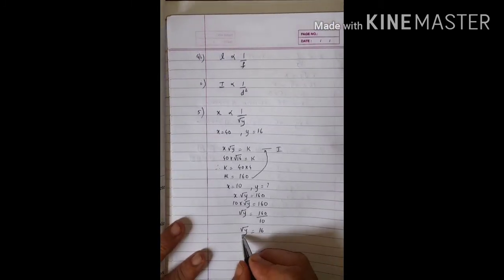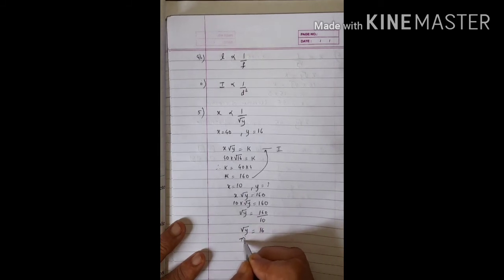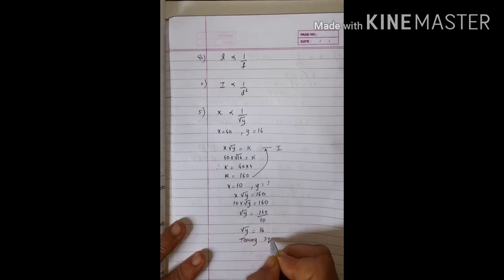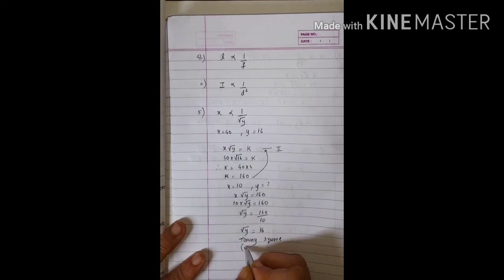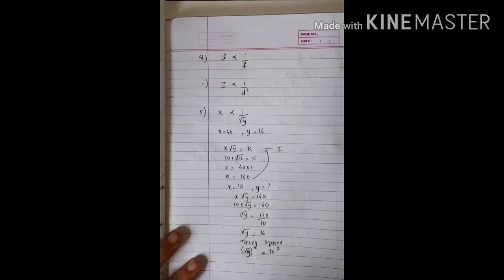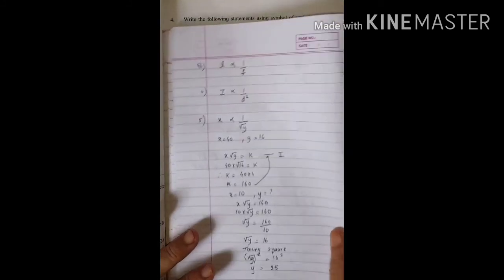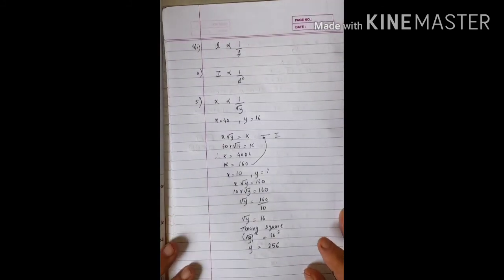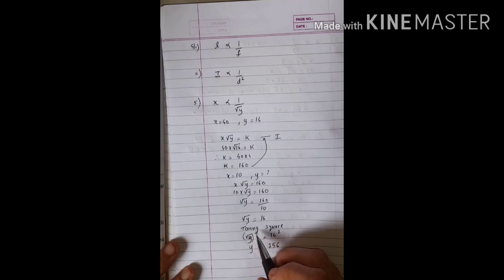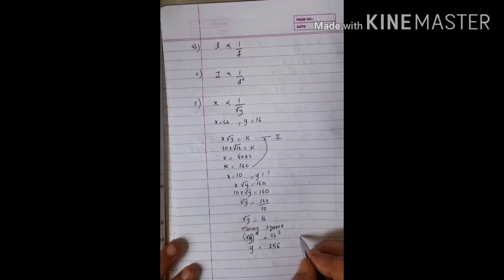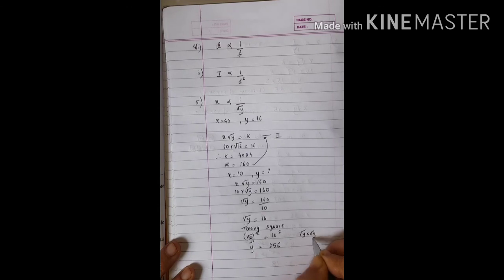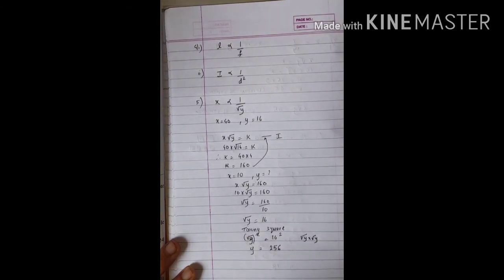So I want to remove this root y sign from here. What will I do? I will take the square of this. Taking square, you know very well, the square of the square root of y will become y. So I will get this as y, and we have to find the square of 16, which we get equal to 256. The square of the square root of y is the same as root y into root y, which is equal to y, and therefore y is equal to 256.